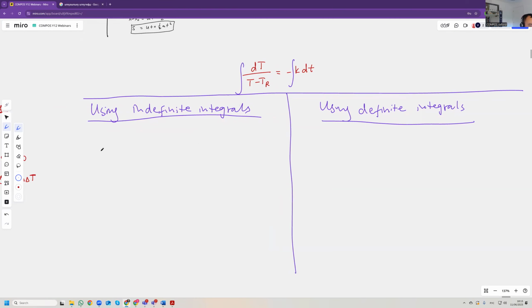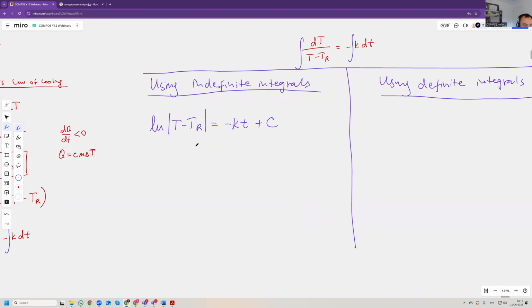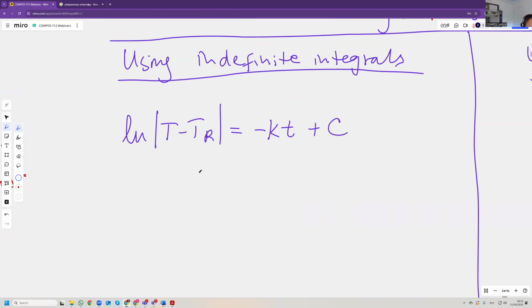So you have the integral of the left-hand side is going to be the logarithm of T minus T_r equals minus kt plus c. Because the temperature of the coffee will always be greater than the temperature in the room, we can drop the logarithm, the modulus, and then we can say that T minus T_r is equal to,